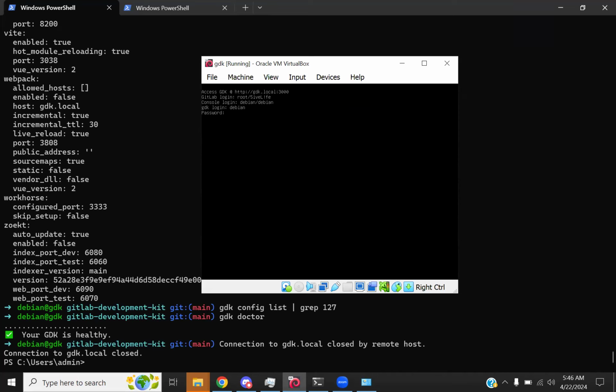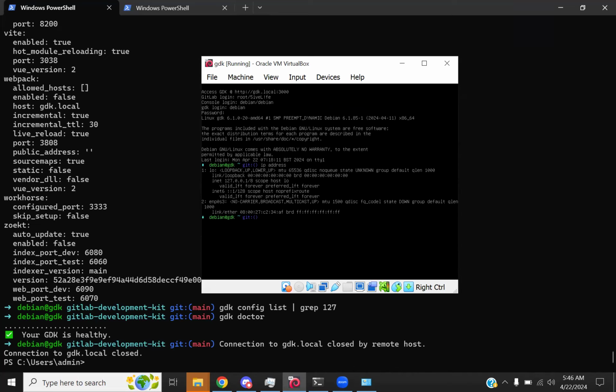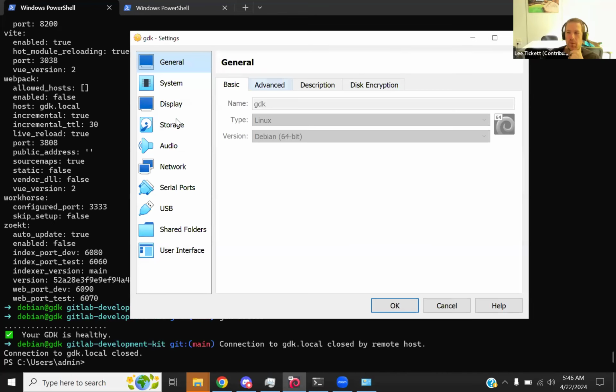Debian IP address. Alright, it has no IP. I'm just reading up on what the different network options are as well, actually. I think